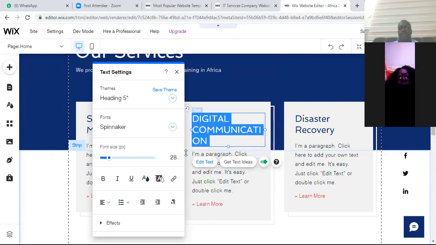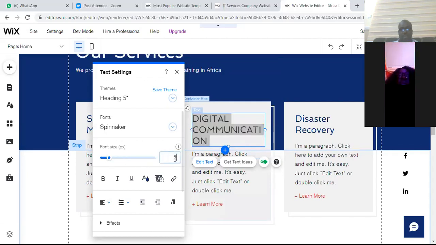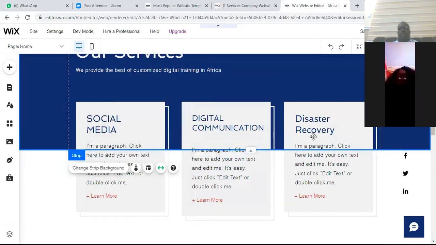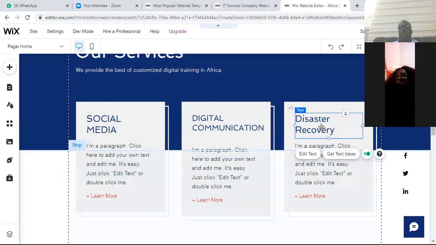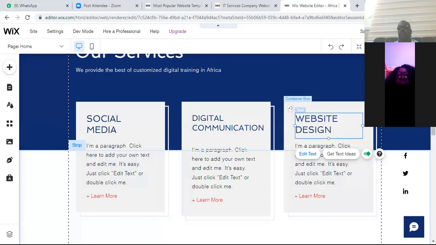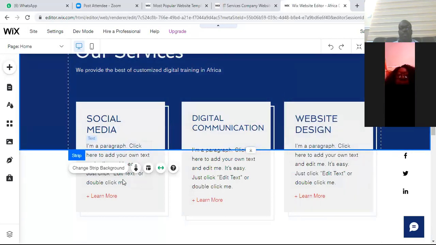Okay, let's say this. Come here to make it 25 so that it's not still overlapping with the 24. Then here you can put maybe website design. Design. Am I right? Okay, design. Then just put your write-up here, maybe